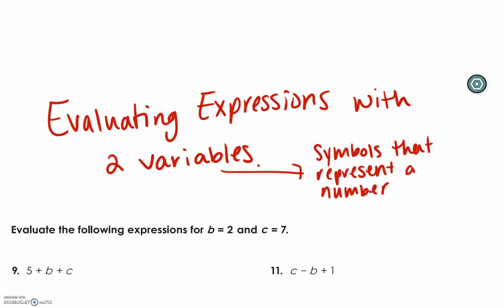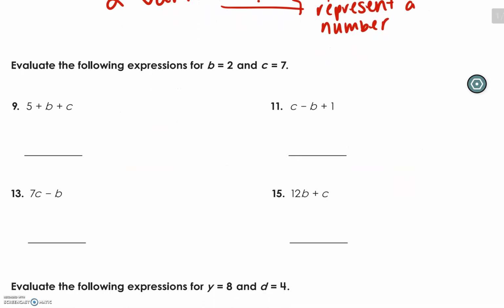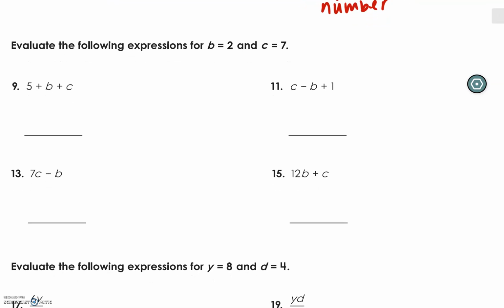So just like yesterday, we're going to have an expression. It's going to tell us what our two variables represent, and we're going to replace those variables with the number that they represent. So for the following expressions, we're going to use b equals 2 and c equals 7 for all of these. So if you notice, all of our problems that we have here have a b variable and have a c